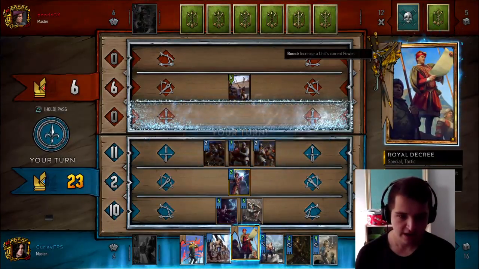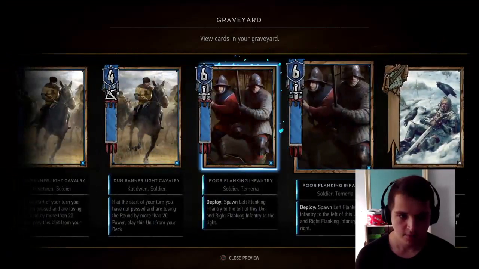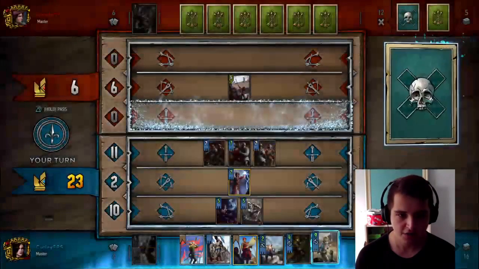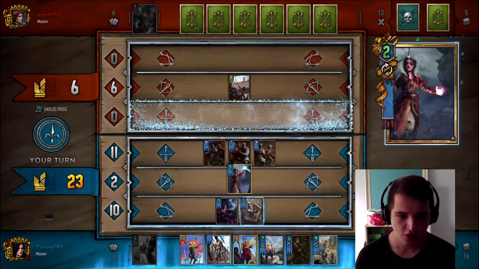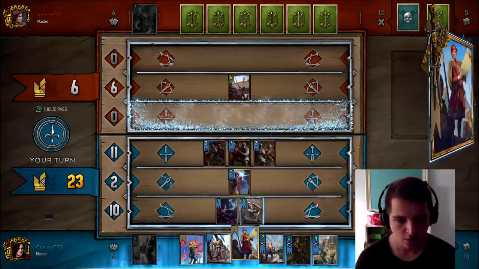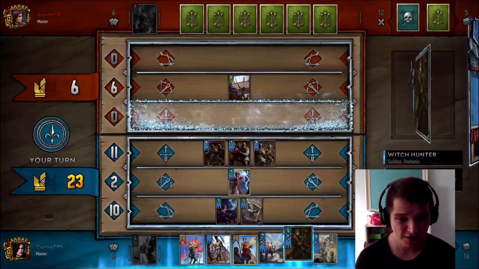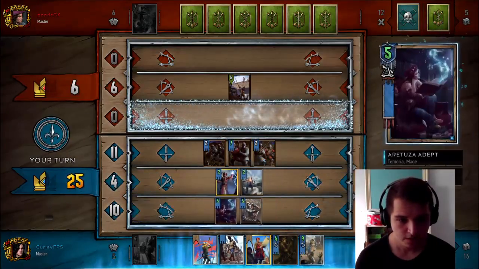Now here is the decision time. What am I doing? I've still got another Frost in my deck, so I could use my Reaver Scout and pull another Frost out. I could use my Reaver Scout, however, on an infantry. I could mulligan it away. I think I'm going to get another weather,